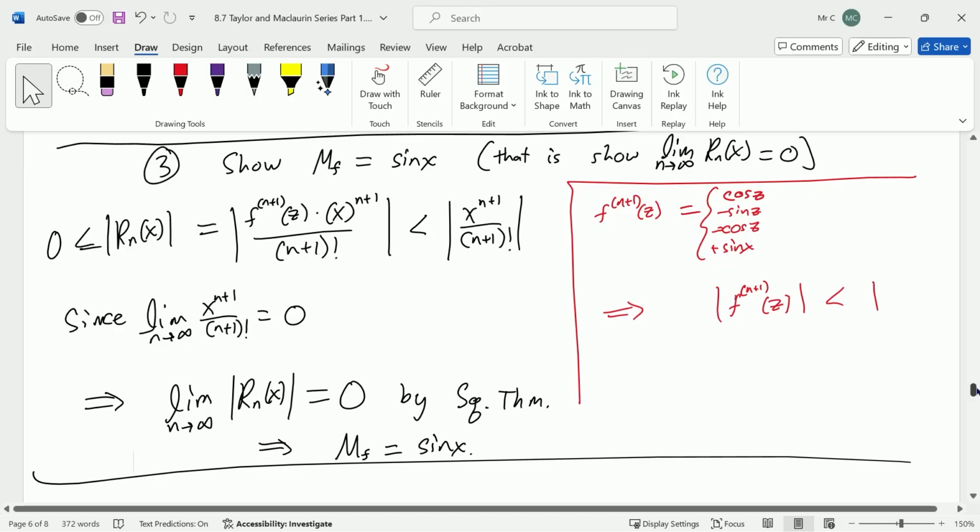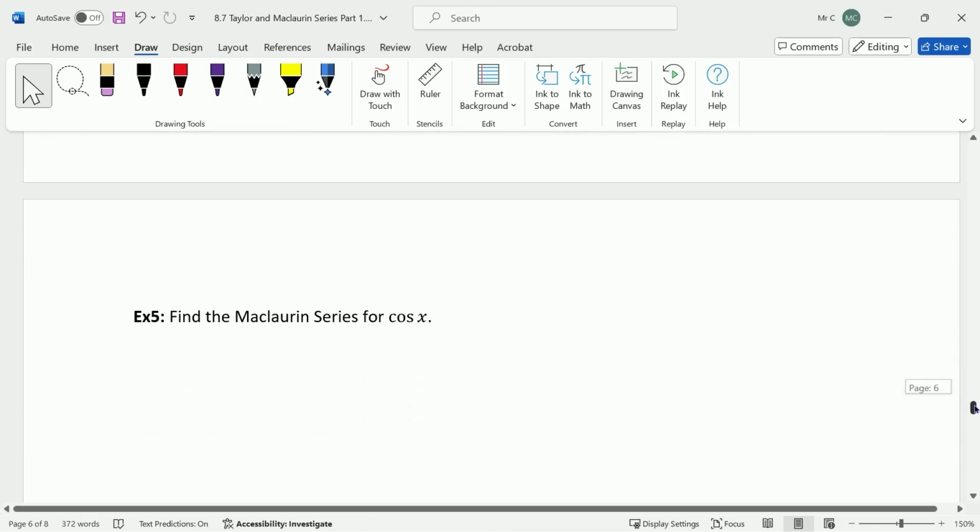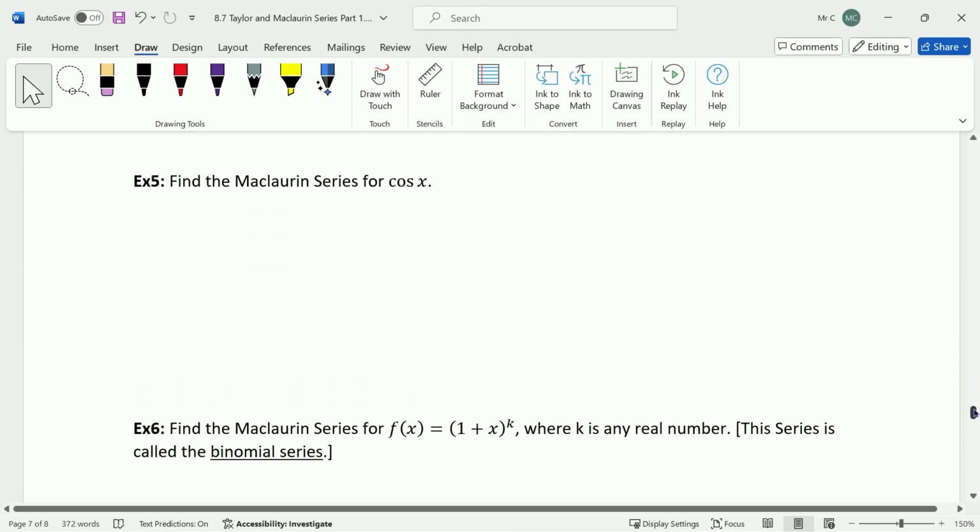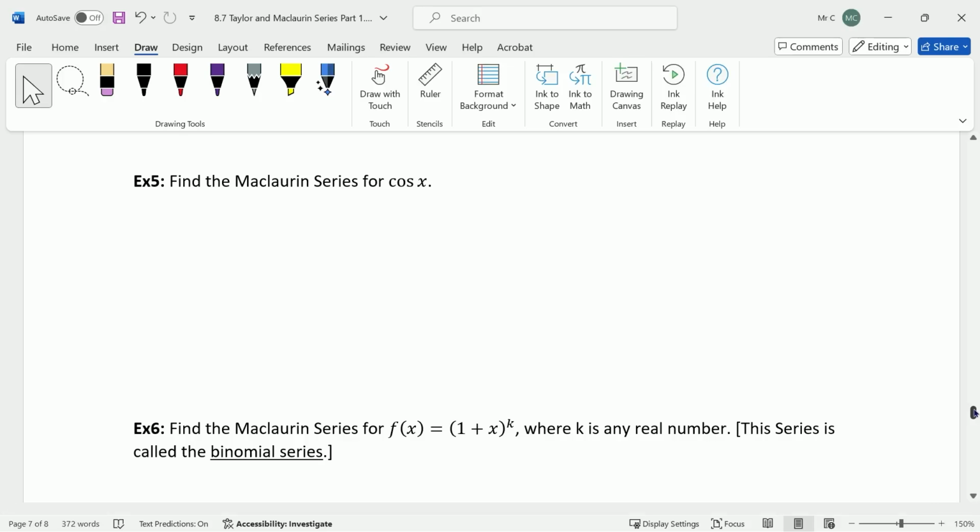Okay, so that's a pretty challenging problem. Let's do something a little simpler. Now, it seems like it'd be just as difficult. Find the Maclaurin series for cosine of x, but we can use the knowledge that we already have. So since cosine of x is the derivative of sine of x,